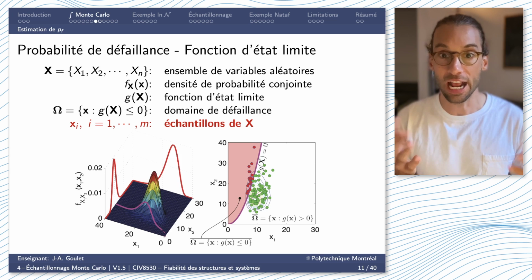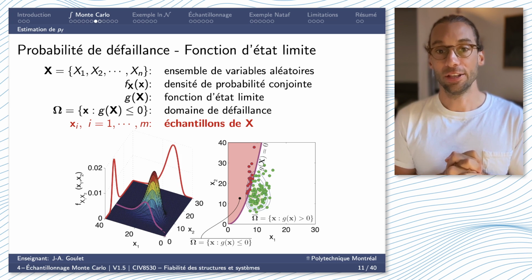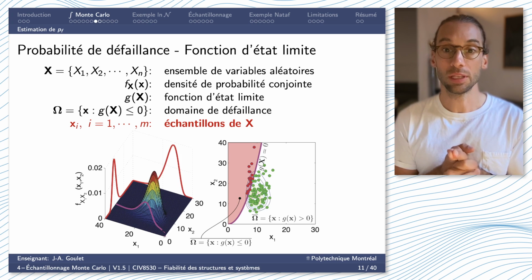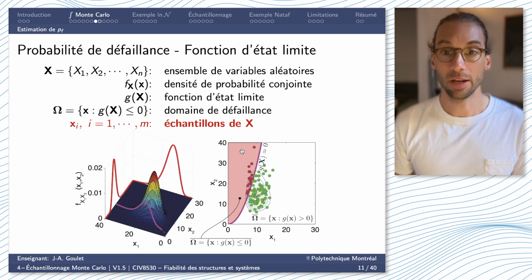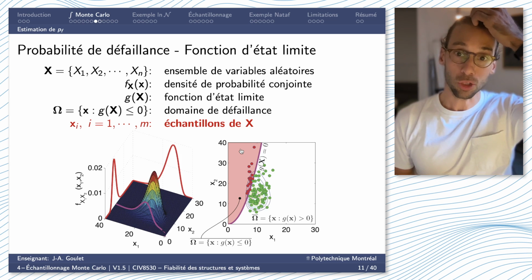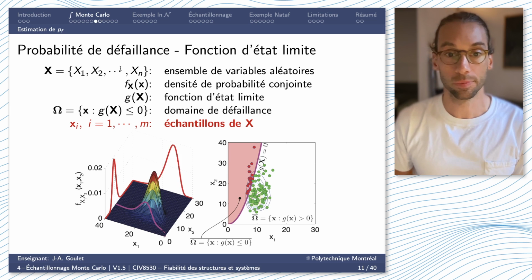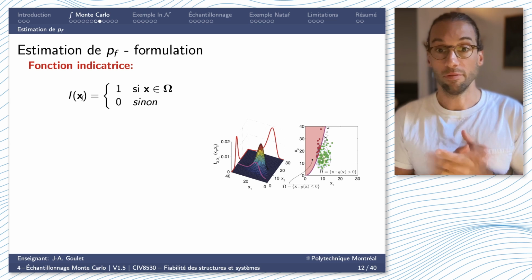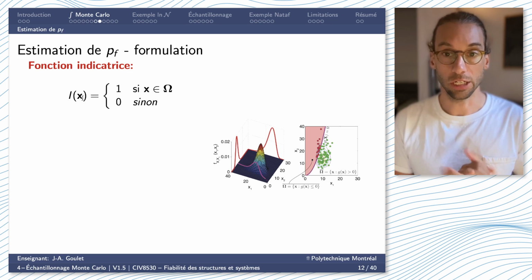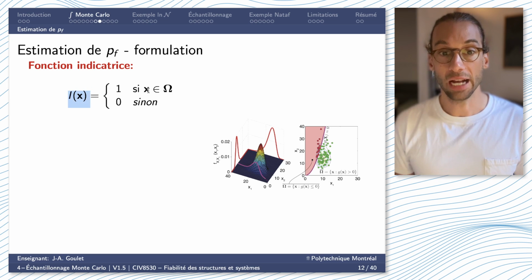Now, instead of integrating the area of a circle within a unit square, we want to use that same method to compute the volume under the joint PDF that is located in the failure domain, because this is what we want to use in reliability to compute our probability of failure. In this case, the samples we take are going to be samples from the joint probability density of my random variables. So my indicator function, I of x, where x is my complete set of variables involved in either the resistance or loading model,